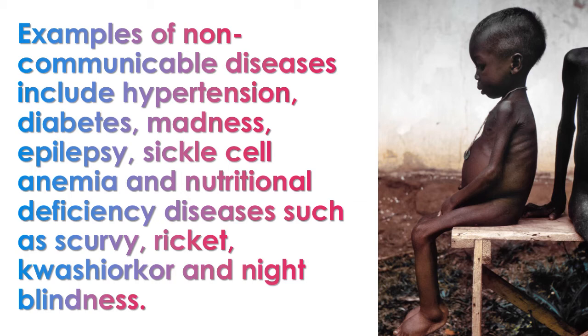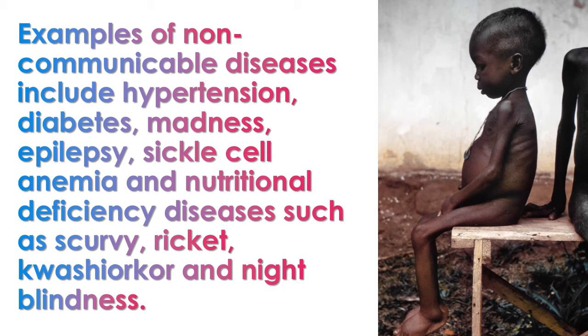Diseases like epilepsy are hereditary. The person is born with this sickness. Then when you talk about sickle cell, the person is born with it. The person just is born with it. It's not something that the person gets when they are 2 years or 3 years. No. Diseases like epilepsy, diseases like sickle cell, they are diseases that the person is born with. But diseases like diabetes can come as a person is aging.